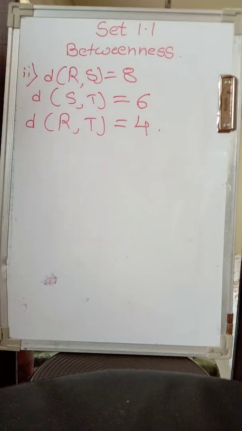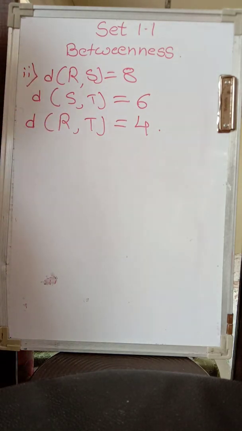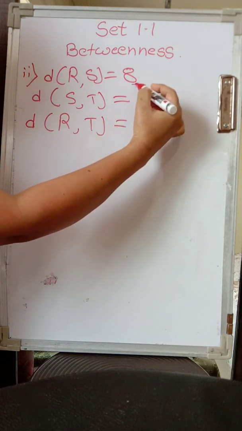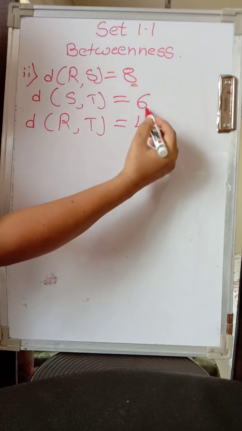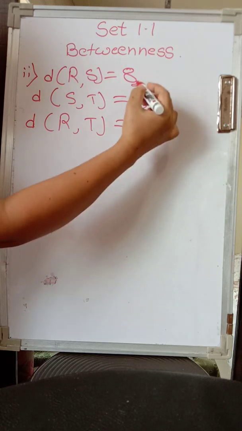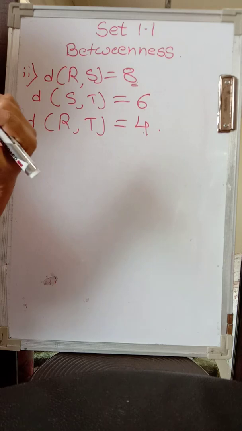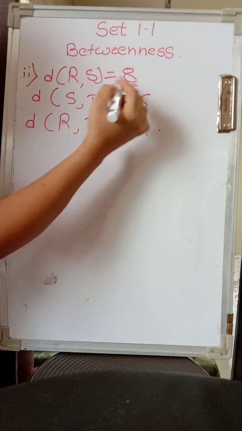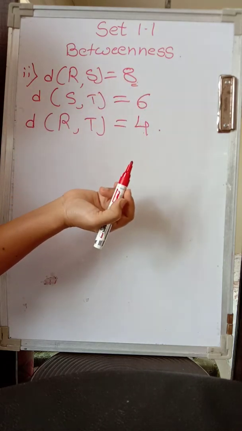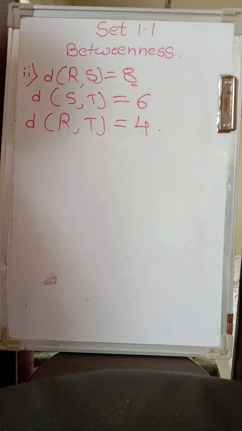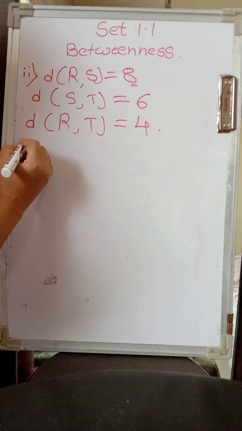Now this is your second example from your textbook. Looking at this itself, you will be able to tell that the biggest number over here is 8 and these are 2 smaller ones. 6 plus 4 is not equal to 8. You have to calculate this mentally. 6 plus 4 is not, because 6 plus 4 is 10. Alright, so these can't be collinear points. So immediately what should you say?